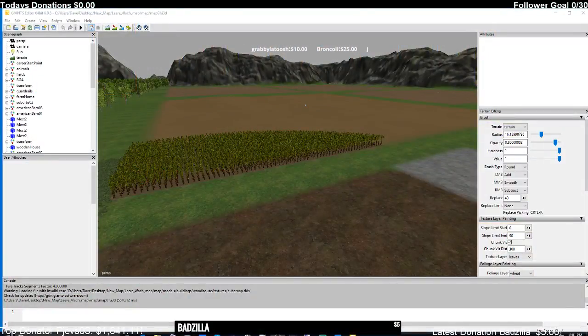Here we are in Giants Editor 6.05. I had to come in here. I've been having some issues today, and I think I know what's causing them. But I want to save this map one more time. I can't get it to appear in my game for some stupid reason. Anyhow,